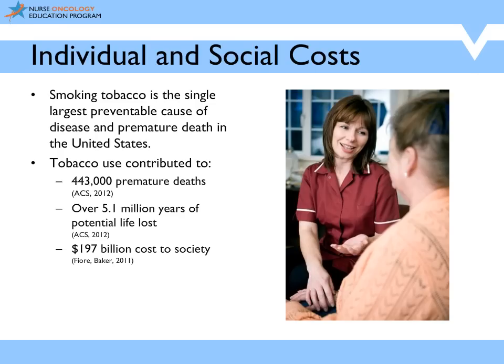Smoking on average reduces life expectancy by approximately 14 years. You can see on the slide that the dollar cost is approximately $197 billion lost to society. In addition, an estimated 8.6 million people suffer from chronic conditions related to smoking, such as chronic bronchitis, emphysema, and